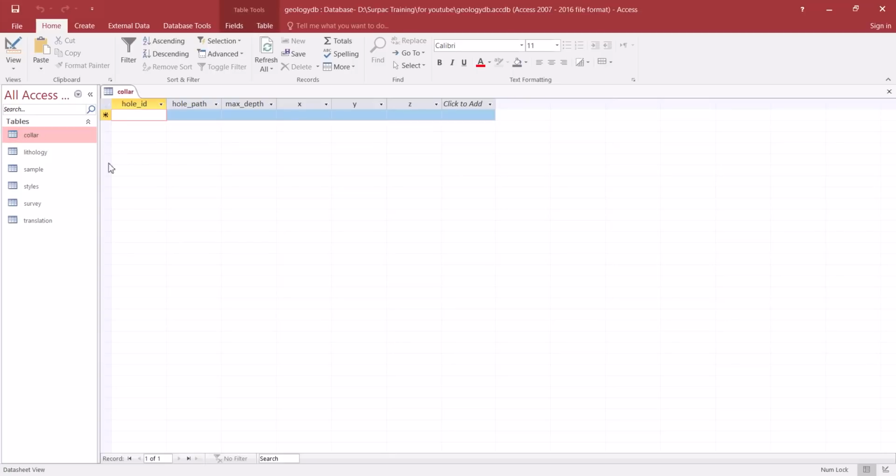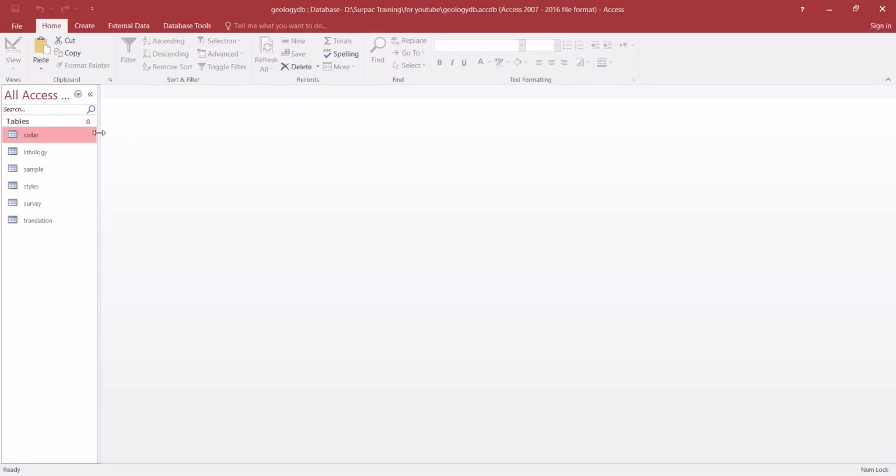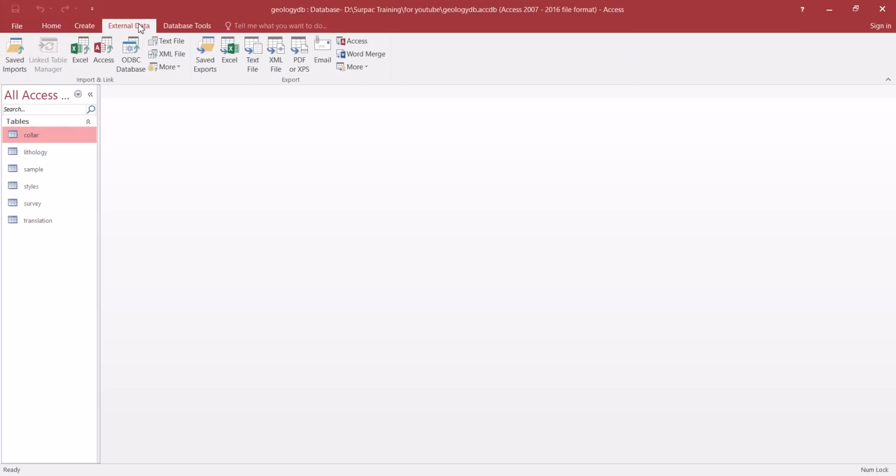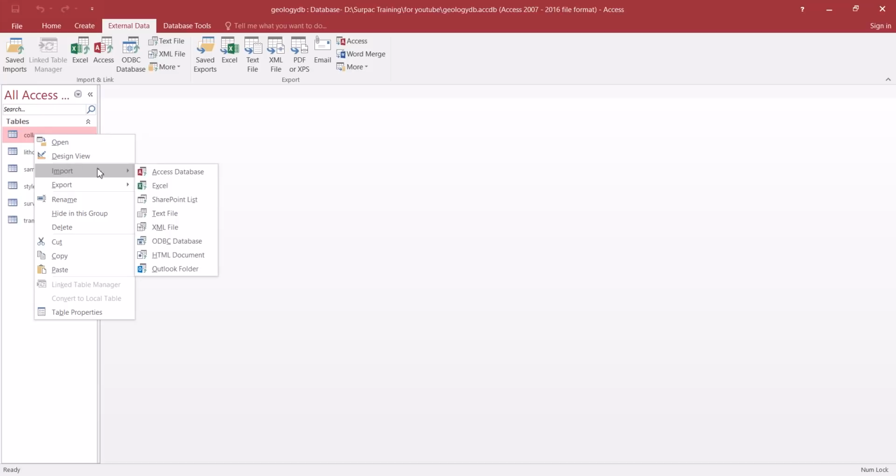But if I double click on this one, you'll notice that we have the whole ID, the whole path, the max depth, the X, Y, and Z, but there's no data inside of it. So we need to import the data from these Excel sheets inside the database itself. To do that, we can go to external data in Excel, or we can just right click and choose import